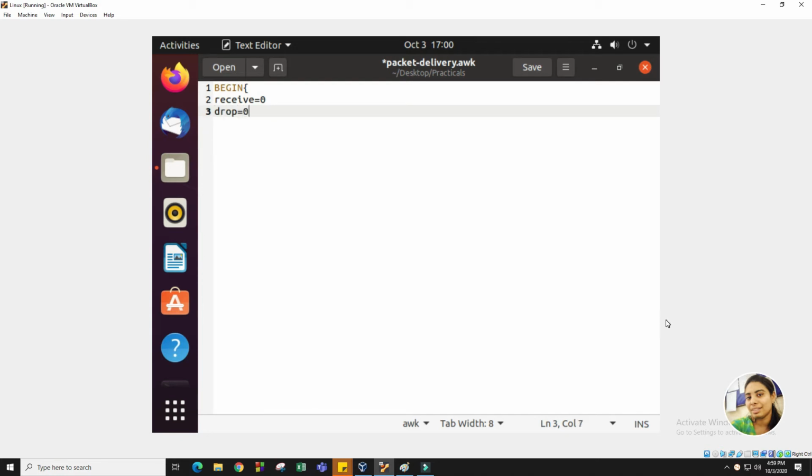Why? Because it might be possible that some packets are dropped at node N4. We have sent that packet, but N4 has not received it. So whenever we want to calculate the total number of packets, we need to add the receive packets plus the drop packets at the destination,